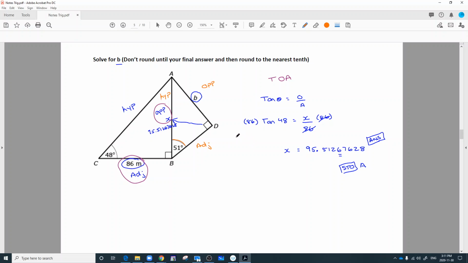Now I have to figure out which ratio I'm going to use. Well, now I know the hypotenuse, and I'm trying to find the opposite side. So I'm going to set up this trig ratio. For this triangle, I know that the sine of an angle is equal to the opposite divided by the hypotenuse. So it's the sine of what angle? It's the sine of 51 equals the opposite side, which is my unknown b, over the hypotenuse side, which is this